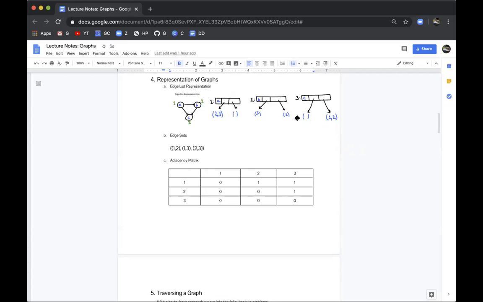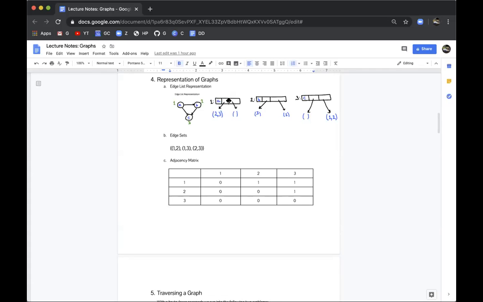And so the idea with an edgeless representation is that, let's say you have a graph which is A pointing to B, B pointing to C, and A also points to C. And these are the three nodes, so 1, 2, and 3, which are the labels or IDs associated with those nodes. The way you can represent it is you can have a two-dimensional array, and